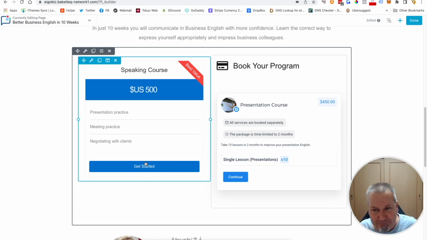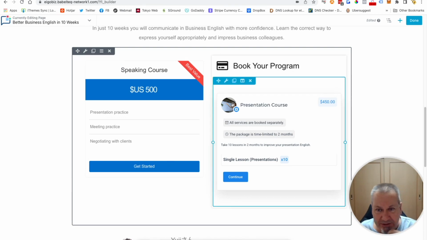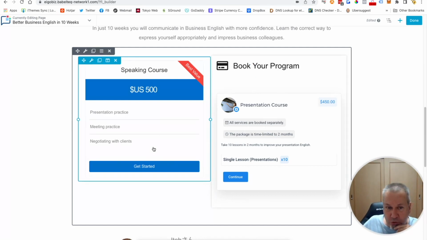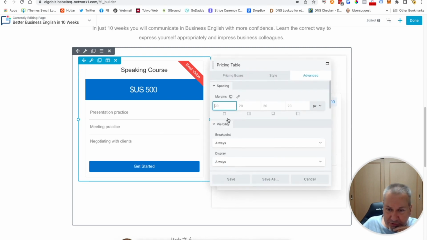Now, if it's on a desktop like this, it might not matter too much. But if it's on a smartphone, you've got to remember that these blocks kind of stack. So we want to change this button, so if somebody clicks on it, they come back up to this section where they can actually buy the course. So if I click on there,